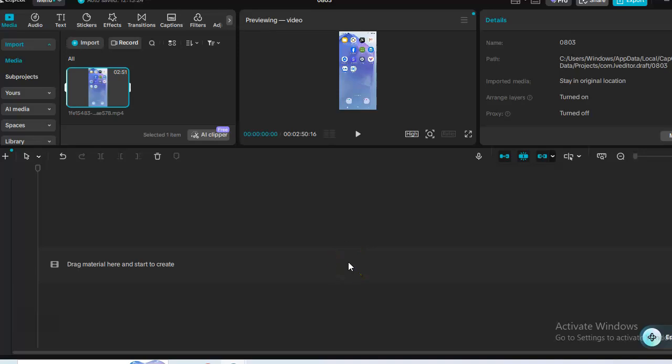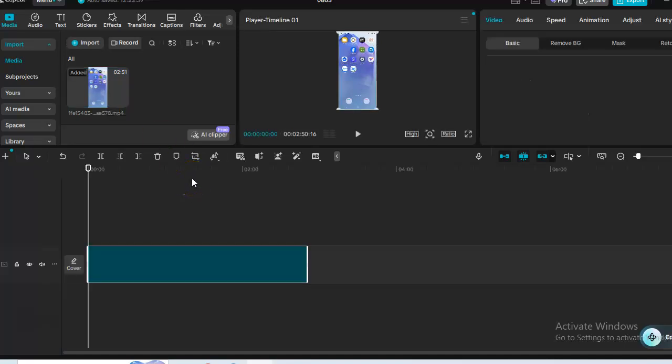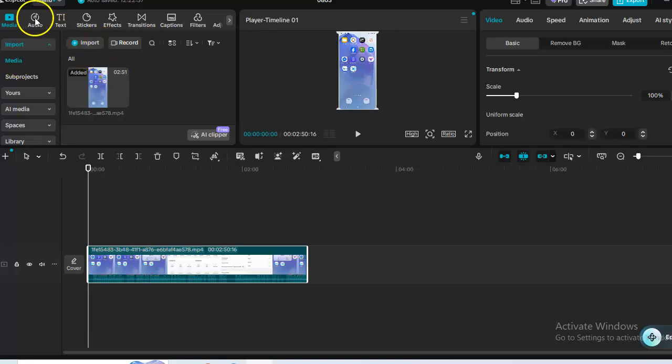Hi guys, in this video I will show you how to add sound effect in CapCut PC. What you need to do when you are in your project. Okay, I have here the video. Just I add the video to the timeline, and after that, to add sound effect, just click audio,